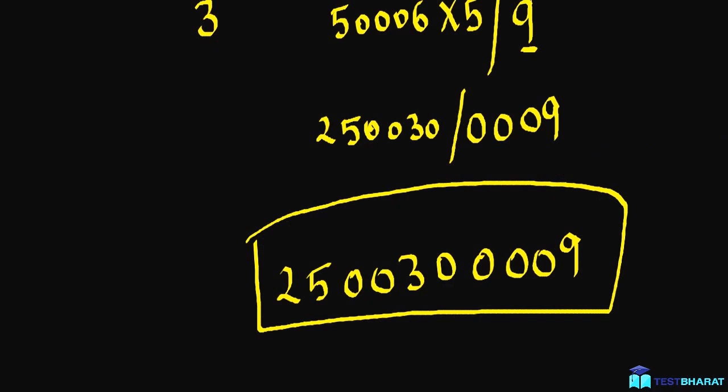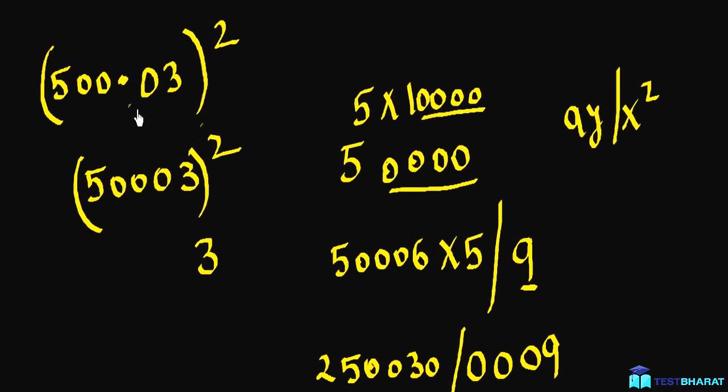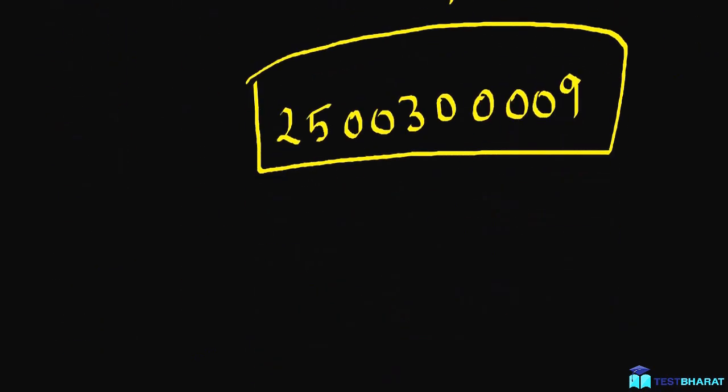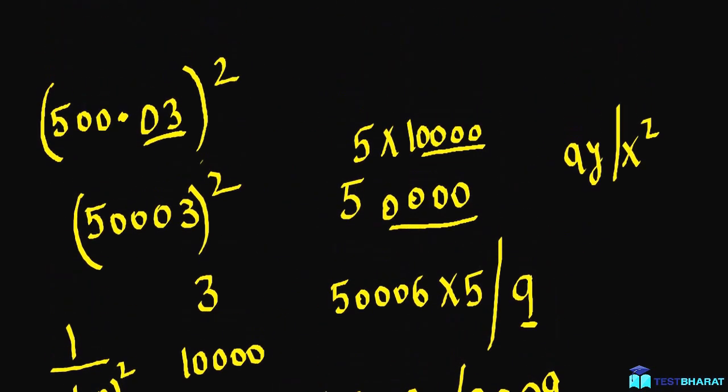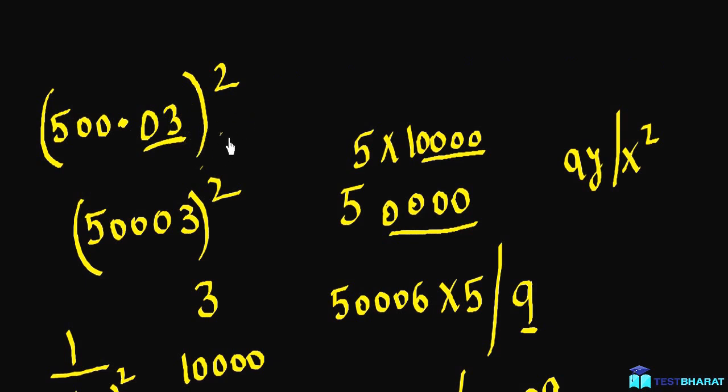And initially I had to find the square of this number. So for this number 500.03, I have to adjust it for decimal places, right? There are two decimal places, so I have to divide it by 100 two times. So this will give me 4 zeros here, so I have to adjust it: 1 2 3 4. So this is the answer. If you had calculated this 5-digit number by the traditional method, this would have taken a lot of time.